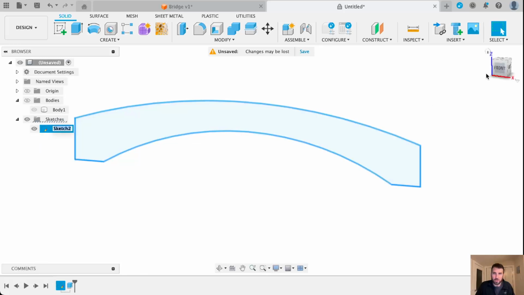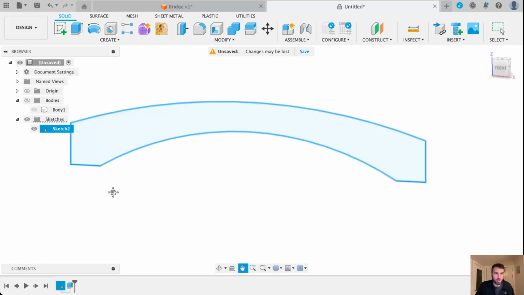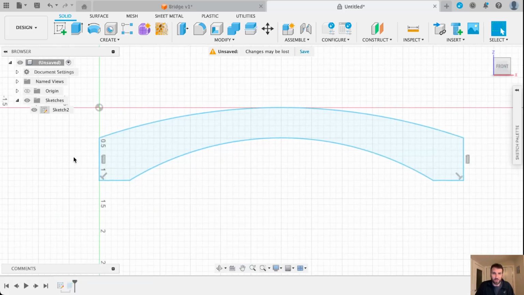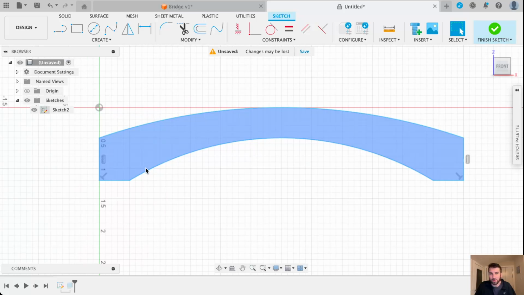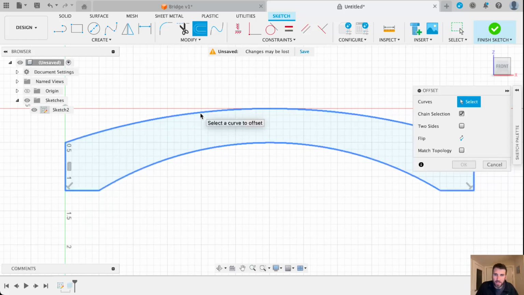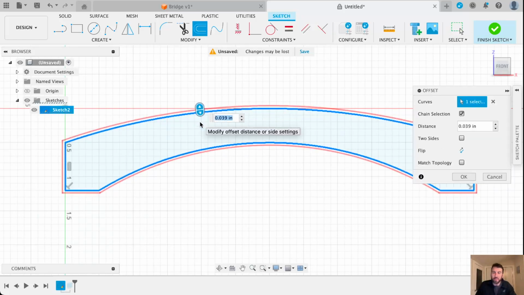Now I want to show this interesting function here called offset. So what I need to do first is edit the sketch. So I'm going to add some more detail to this sketch because we want to do more things. We basically want to create this border around it. So I'm going to create this offset. And now when I click the path, it will create a path around the straight lines and the